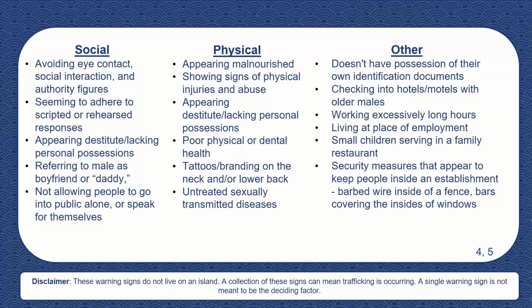And then these last four really pertain to labor trafficking. Sex trafficking, I think, is what we typically think about when we hear trafficking. But then there is labor trafficking, which is essentially modern day slavery, individuals that are forced to work. The four signs there are working excessively long hours, living at the place of employment, small children serving in a family restaurant, or security measures that appear to keep people inside an establishment, like barbed wire inside of a fence,